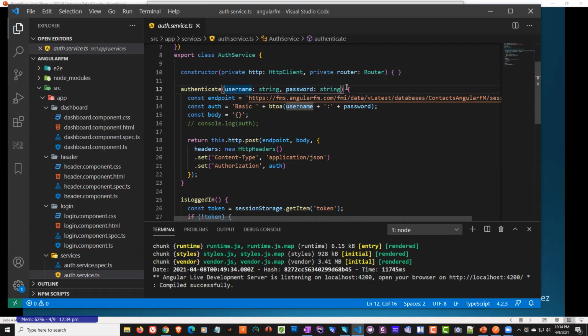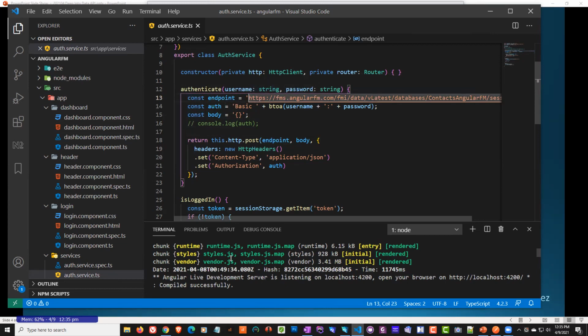Once I've defined my script parameters in the parentheses, then I have my curly braces, and I call this my do stuff section. Whenever you see curly braces, it means you get to do stuff here, right? This would be like the body of your FileMaker script. And in a FileMaker script, one of the things you might do up front is establish some variables right at the very beginning, right? That's what I'm doing here. I'm using the const keyword, which is basically just like set variable. So I'm going to set a variable named endpoint, and I'm going to set that variable to